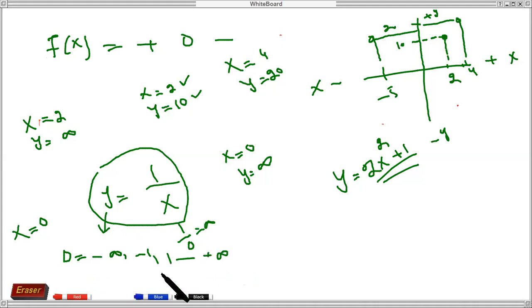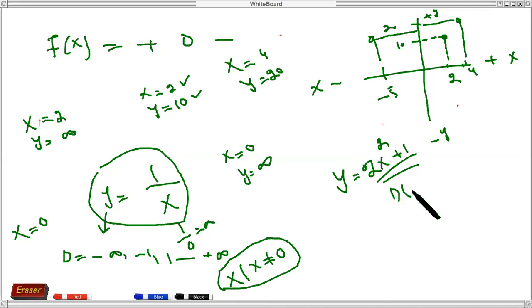That one is the domain. From minus infinity to minus 1 and from plus 1 to plus infinity. You can say x such that x is not equal to 0. The domain of the function is this. All values are possible, but only one value is not possible. That value is 0. For the earlier function, the domain is from minus infinity to plus infinity. It means you can give any value.